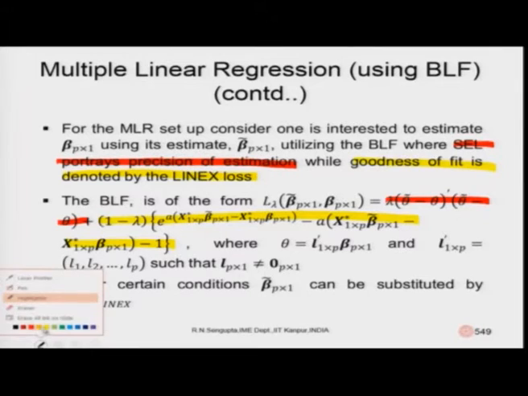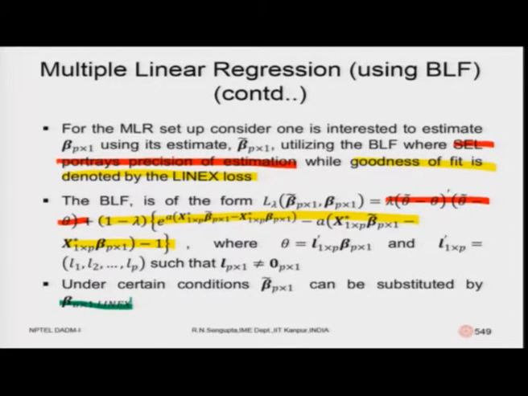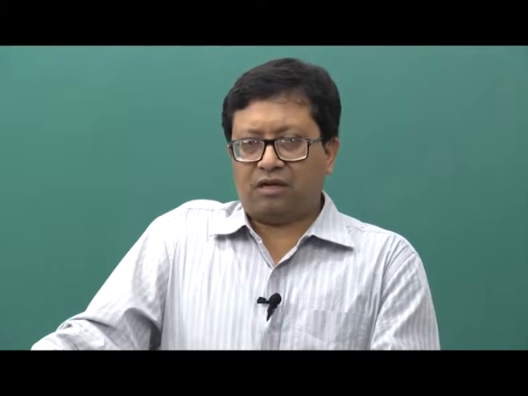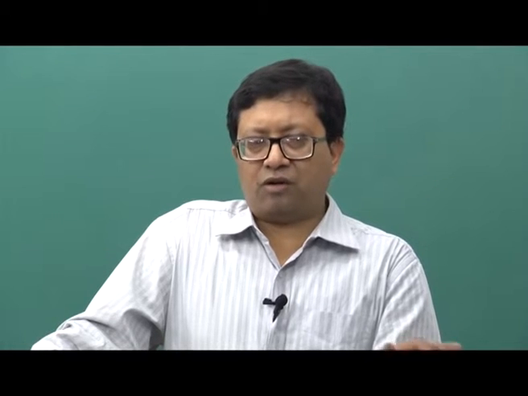And as such our general beta, under the condition, again theta is the multiplication of L into beta in column or row vector format, and all the L values cannot be 0, and here also you can substitute beta with beta tilde, where beta tilde now comes from the Linex loss. So, in these two cases you have 4 combinations: goodness of fit being squared error and precision of estimation being Linex. Under these combinations you had beta tilde being either beta from the squared error or beta from the Linex.